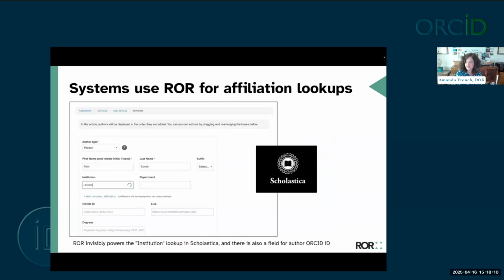Here's another example of that, this time from a publishing system. Scholastica is a very widely used system in publishing, a really nice modern system, and they were a very early ROR adopter. And similarly, you don't see the ROR ID anywhere here. You do see a field that is named ORCID ID. The researcher is expected to enter their ORCID ID there. But here,